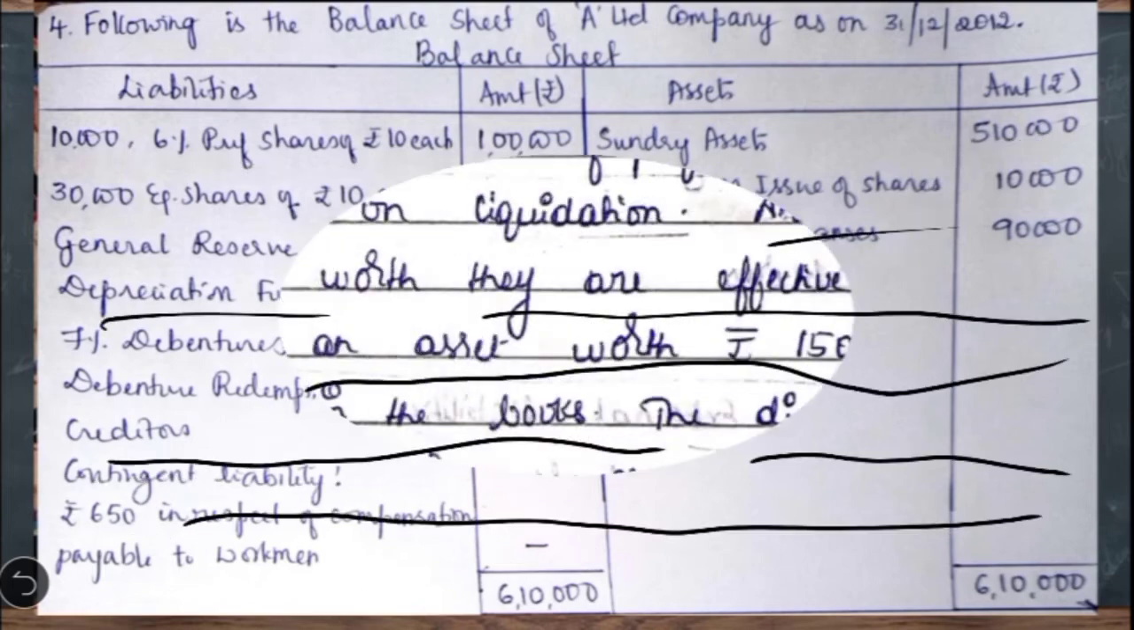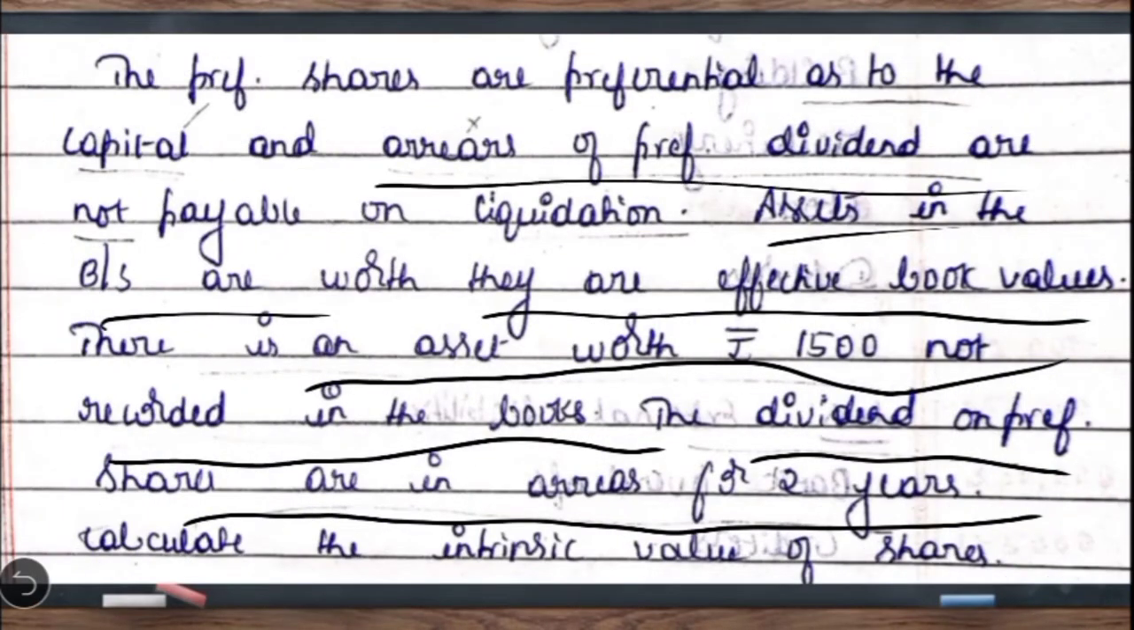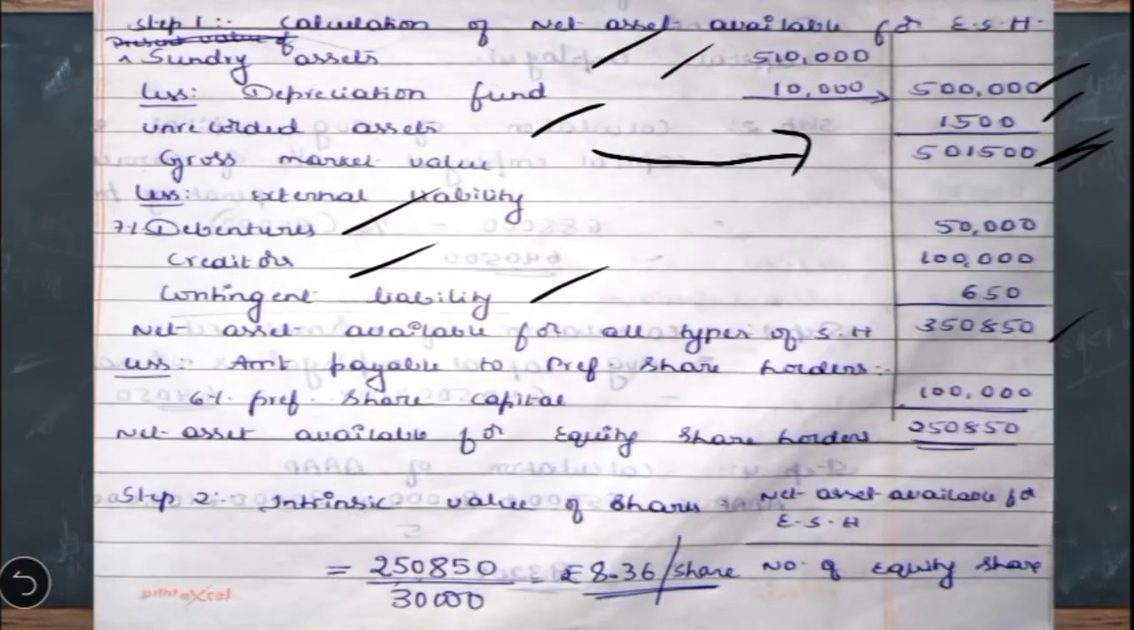But it is stated that the arrears of preference dividend are not payable on liquidation. Means if at all the company goes into liquidation, this arrears of preference dividend are not payable. And here we are going to calculate the value of share on the presumption that the company is going into liquidation. So the arrears of preference dividend here is not payable. So only their capital has to be returned to them. So we are going to deduct here 6% preference share capital 1 lakh rupees. The balance is 2,50,850, which is called net asset available for equity shareholders,